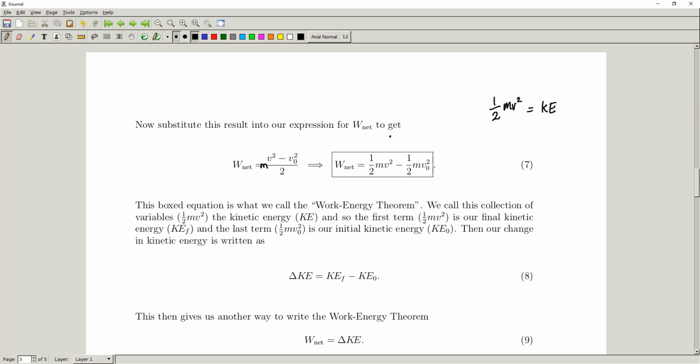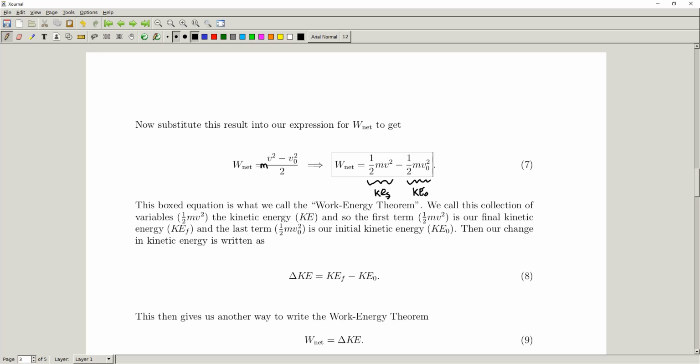So the first term that we see here, this is our final kinetic energy, right? This is our kinetic energy at our v final, when v is at the time that we're looking at, okay? And this other term, the second term here, where our velocity is our initial velocity, we call this our initial kinetic energy. So we have our final kinetic energy here and our initial kinetic energy here. And so if we rewrite this as our final kinetic energy, or kinetic energy final, however you want to write it, and this is our initial kinetic energy